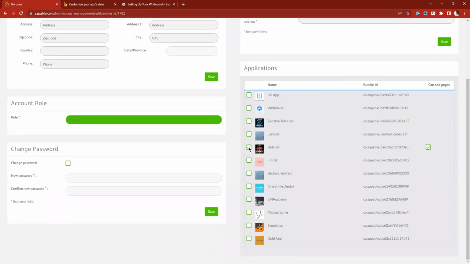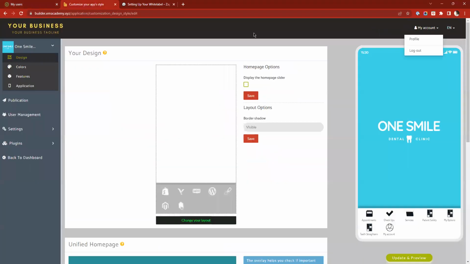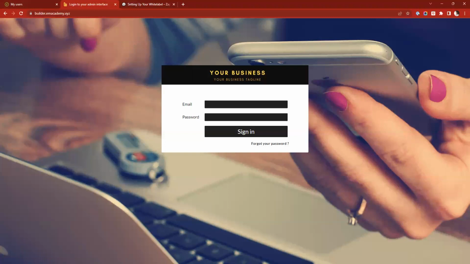And again, we can go in and just uncheck their access. And then all of a sudden, once this user tries to log back in, they won't have any apps visible for them to manage. So if I just demo that quickly here with this one, if I log out here and log in as the butcher,